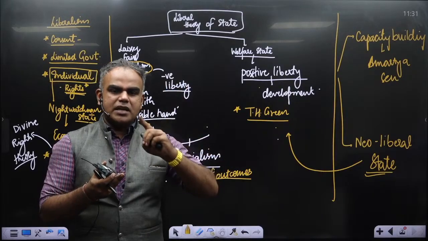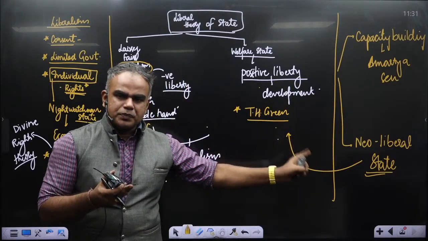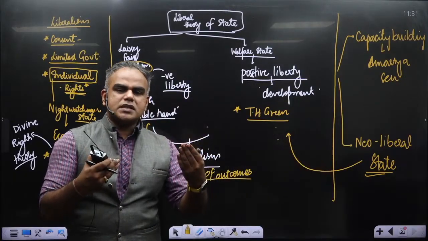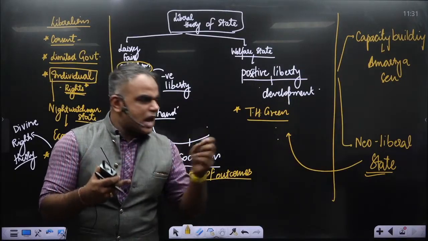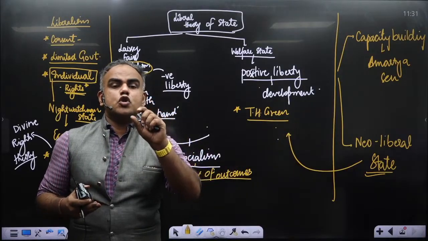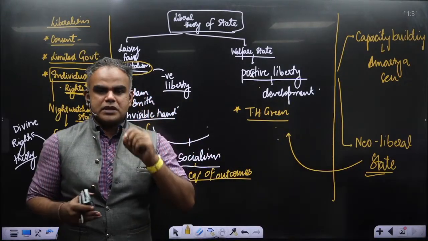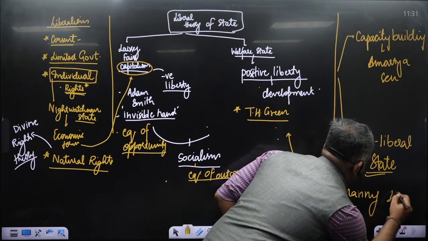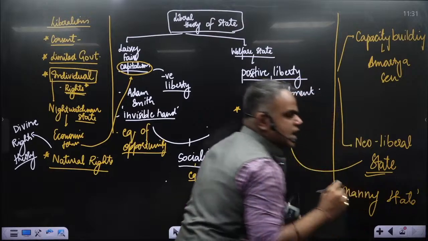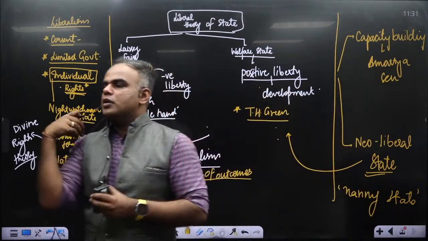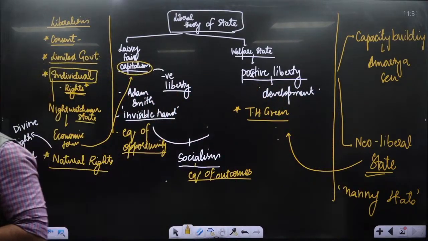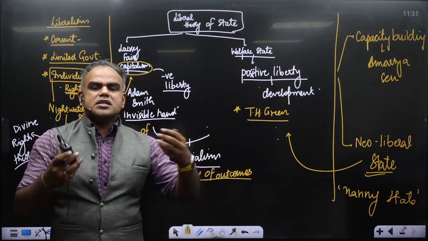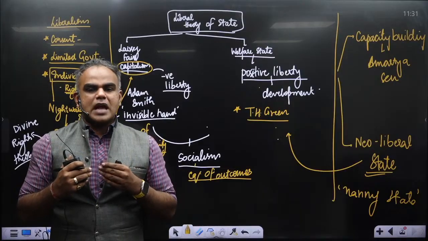And during the 1970s, Reagan in the USA and Thatcher in the UK. So Reaganomics and Thatcherism again spoke about how the state should not become a nanny state. The term nanny state is simply used for a state which has become all too powerful, which is intervening a lot. That is a nanny state. Their claim always is that the state should be limited in its approach, as little as possible.